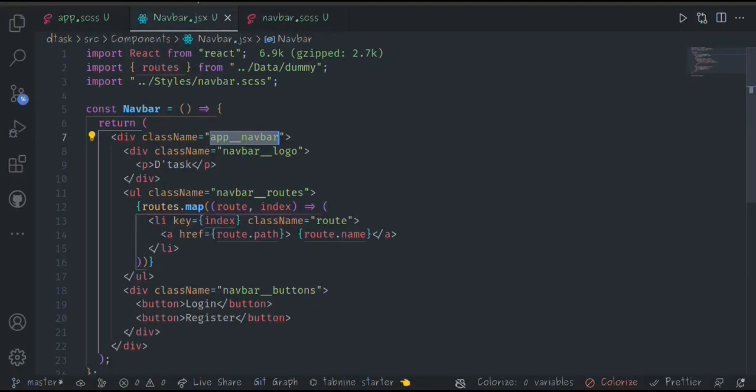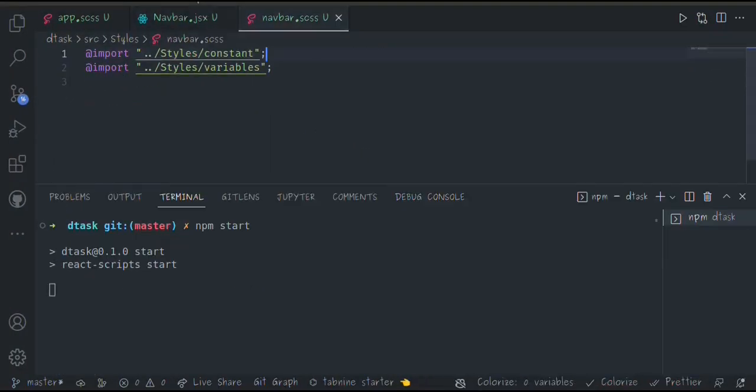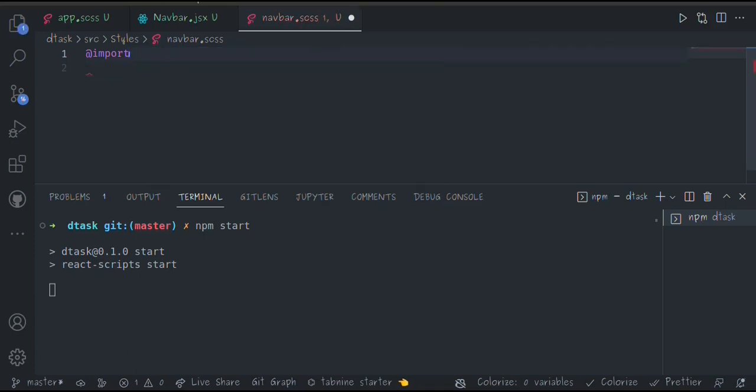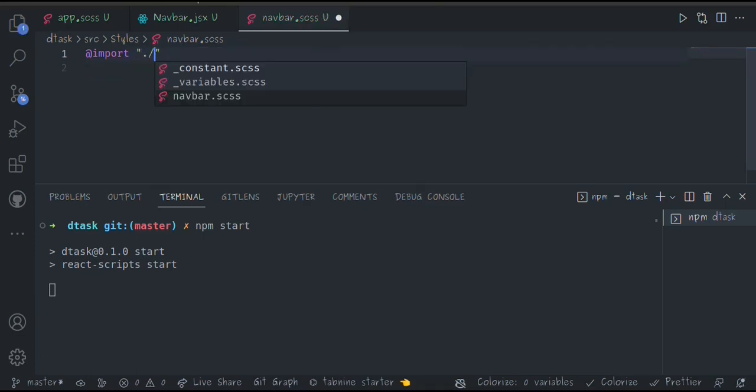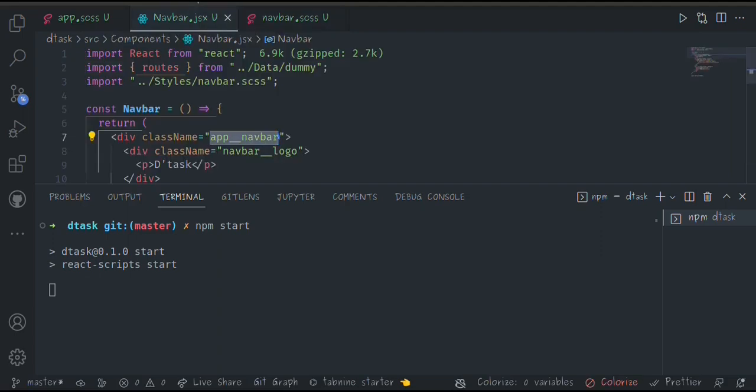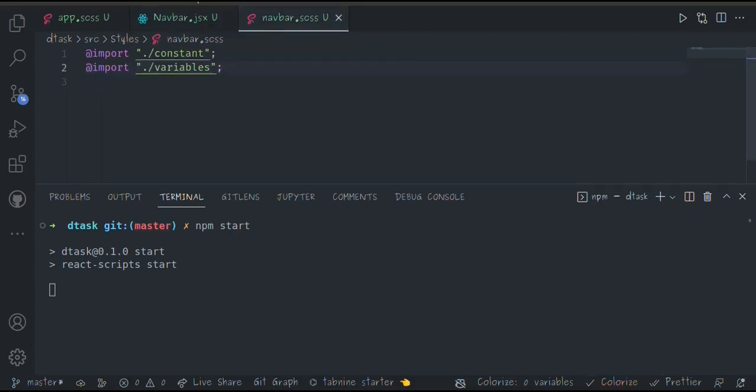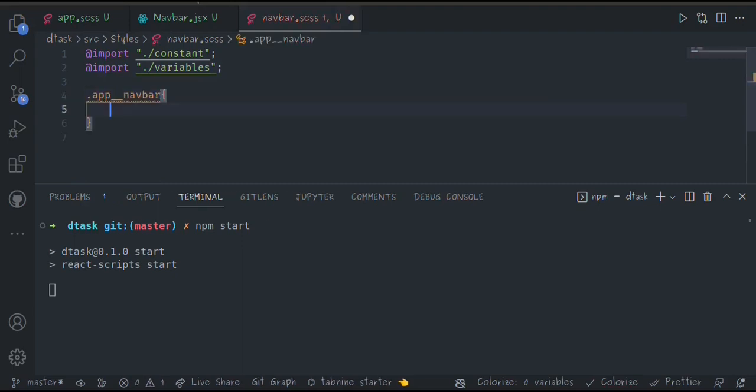So actually here inside of our navbar, let's see if we made an error here. Actually not we, I made an error here. So I'm here just supposed to take this constant like this, and also variables. Sorry, my bad. And also with that being said, while waiting for it to launch the localhost, so first thing first here, I'm going to say app navbar,